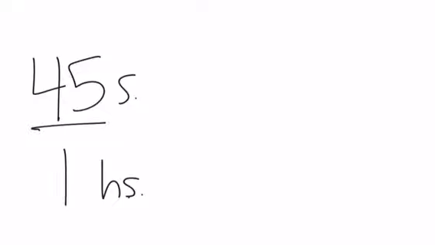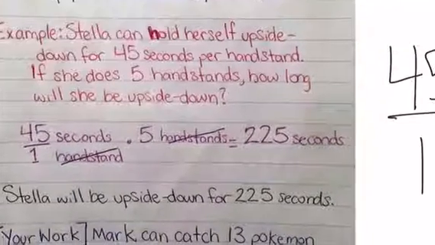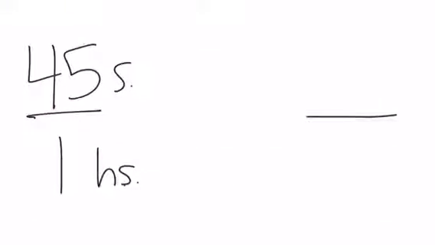Okay, so let's say we've got 45 seconds over 1 handstand, HS for handstand, seconds. So you've set up your base rate. Then what you're going to do is come over here to the right and figure out what your new value is. Our new value was the 5 handstands. So we're going to take 5 handstands and put 5 handstands on the bottom of this